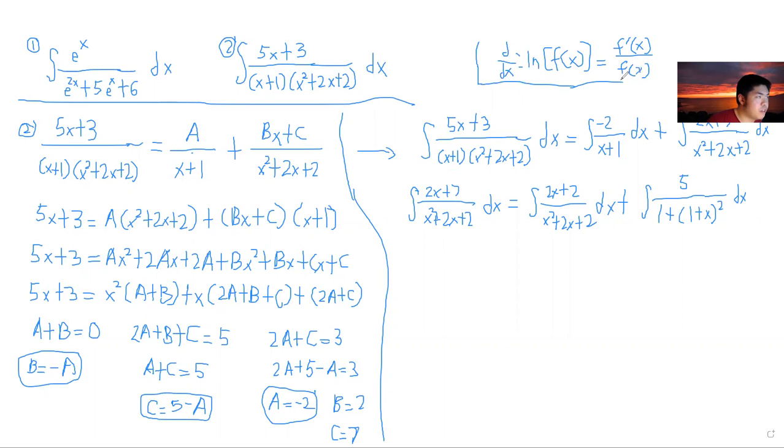And what do we have here? Exactly that case, f prime x over f of x, where f is x squared plus 2x plus 2. So this part is just equal to ln